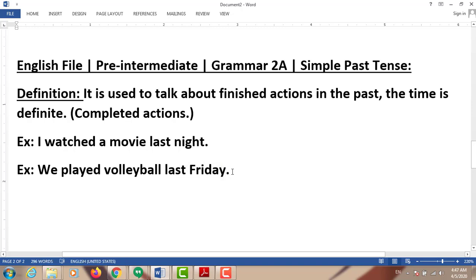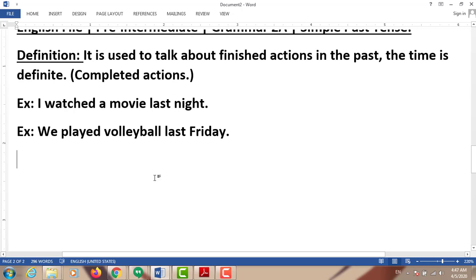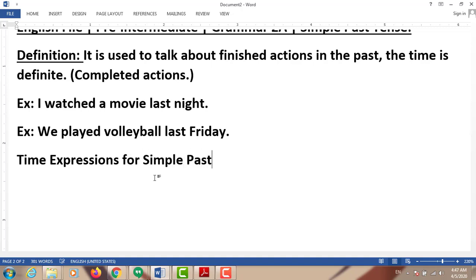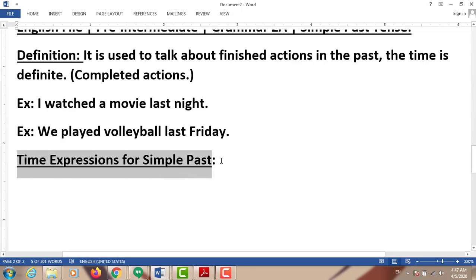Now, as you know, the structures, let's go for the structure. But I wanted to say something. Yeah, time expressions, guys. Time expressions for simple past. So the time expressions, usually the time expression must be about the past. For example,